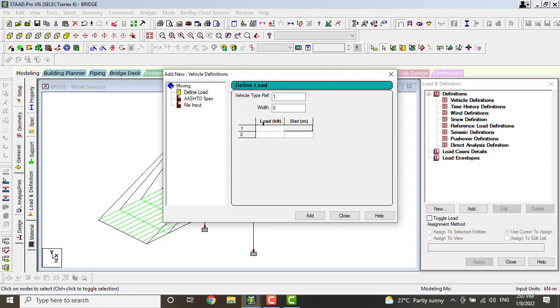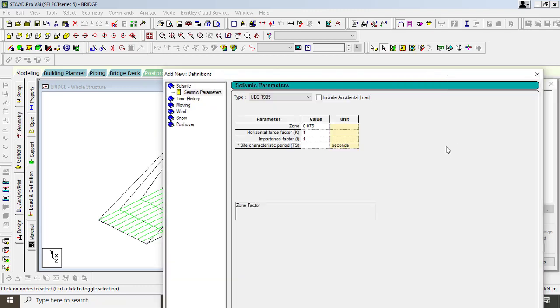Click on add button. Here you have to give the vehicle load of 80, distance of 2. Why? Because we have to take the load per 2 meter distance as 80. Click on add button.